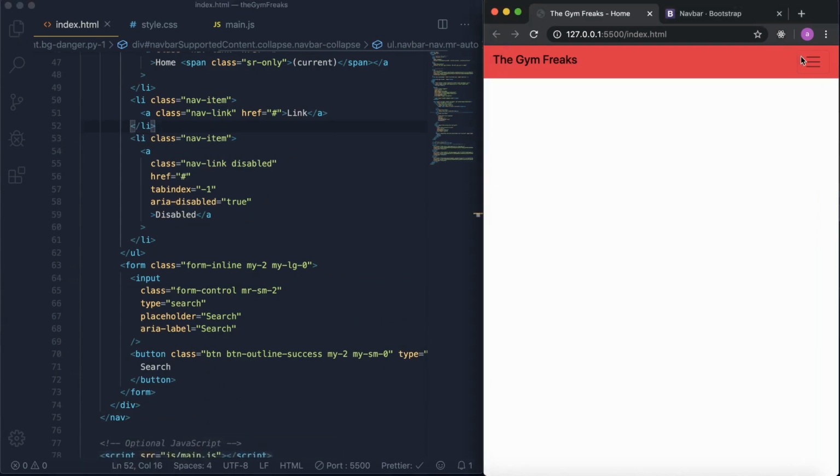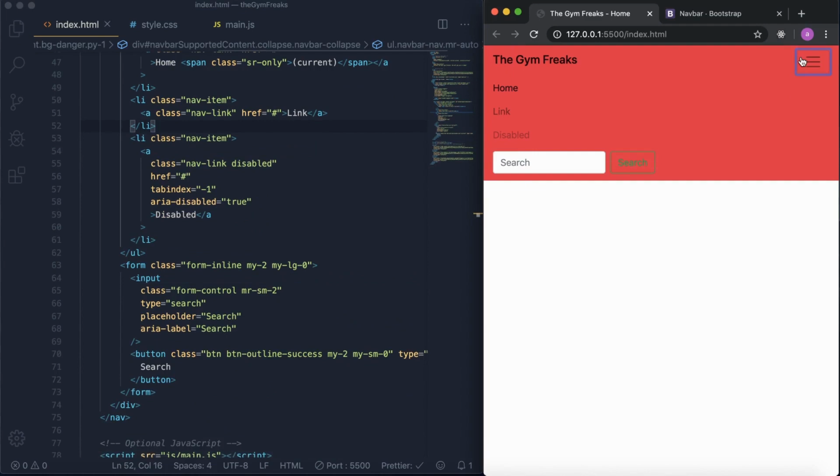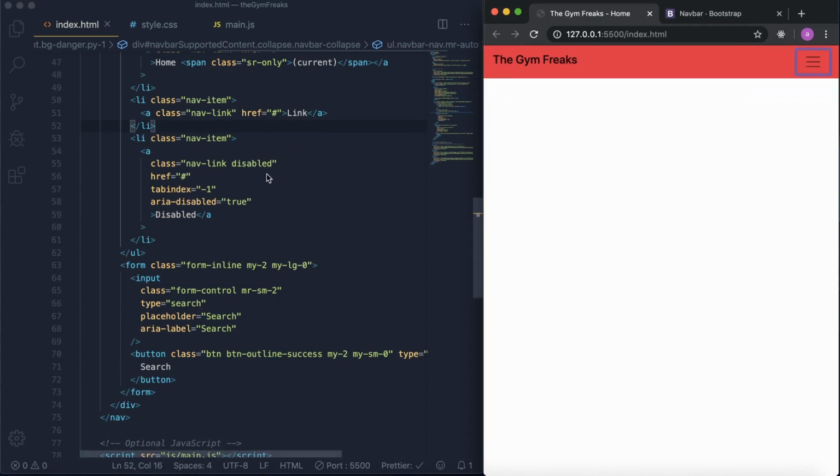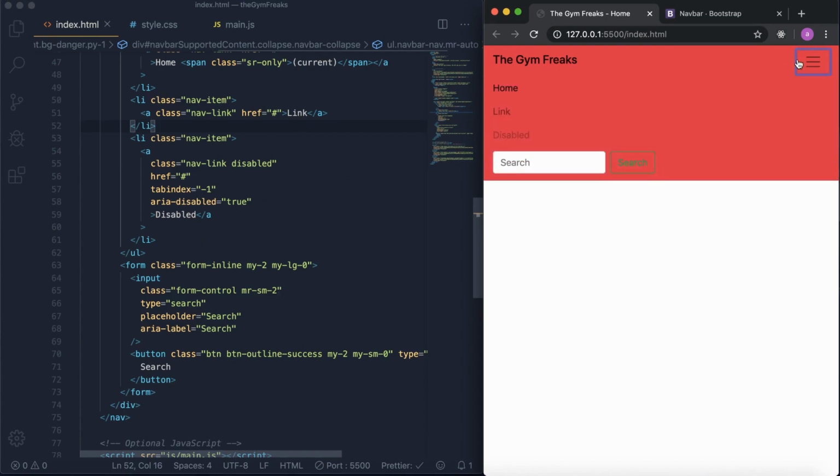All right, so it should be away now. Yes, so you don't have the drop down there anymore. And you have this disabled here, which is this one here, and they made it disabled by adding this class over here. So if you want a button to show but you want it to be disabled, then you can